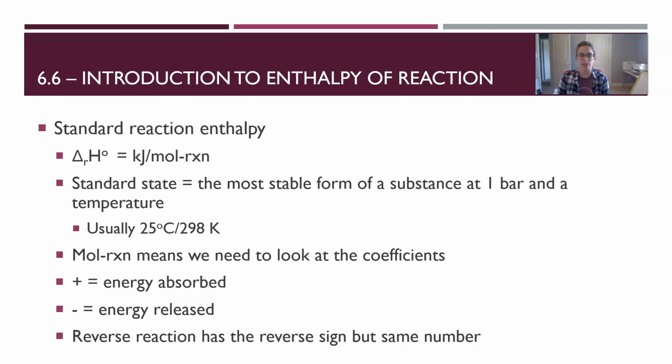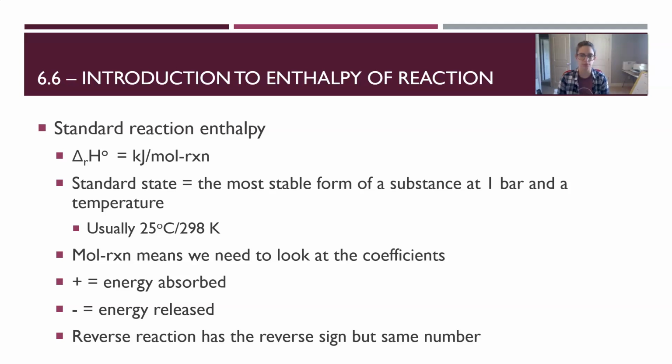So the standard reaction enthalpy is symbolized by delta rH naught. The little superscript circle is called a naught, and that stands for standard. The units for this are kilojoules per mole of reaction. The standard state is the most stable form of a substance at 1 bar of pressure and at a temperature. The temperature is usually 25 degrees Celsius or 298 K. So it's whatever state, whatever form the substance is in at 1 bar of pressure and roughly a little